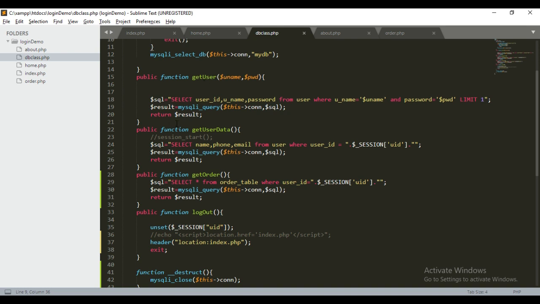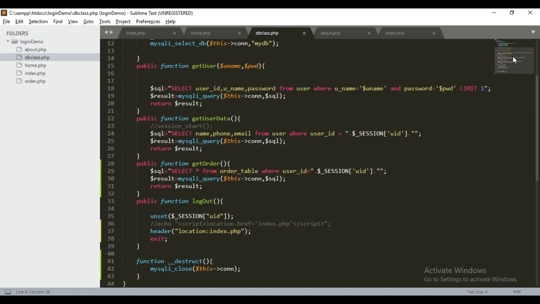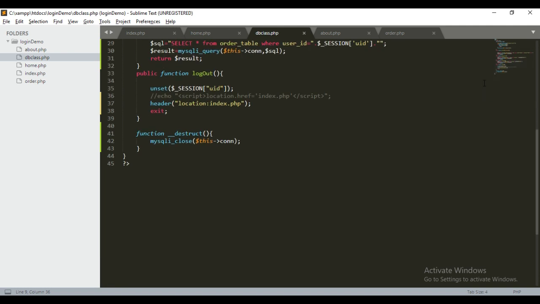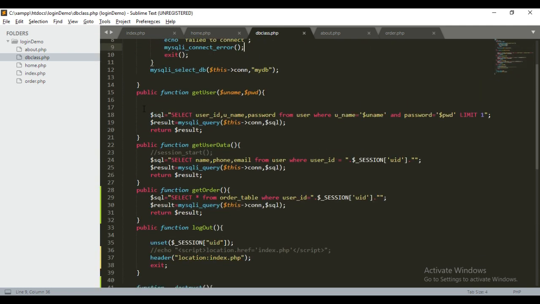Inside that I created one SQL query: select user ID, username, password from the user table where username is equal to username and password is equal to pwd.